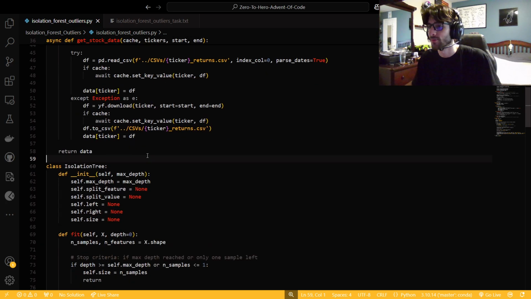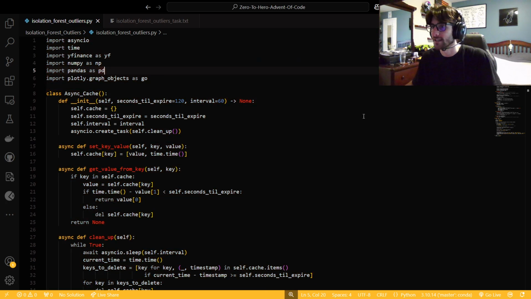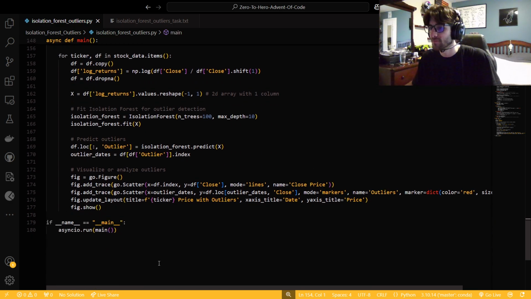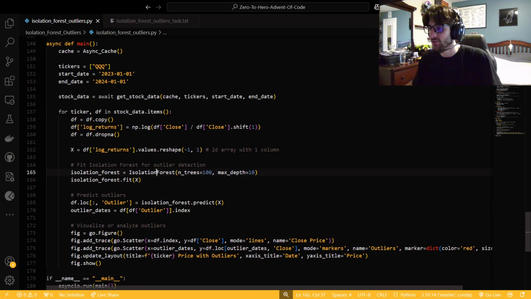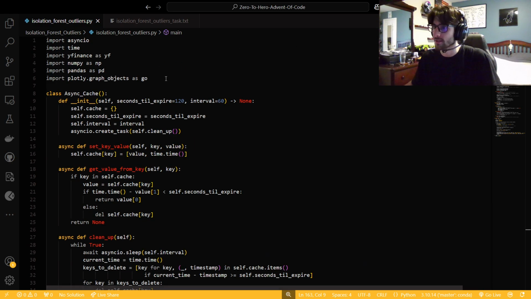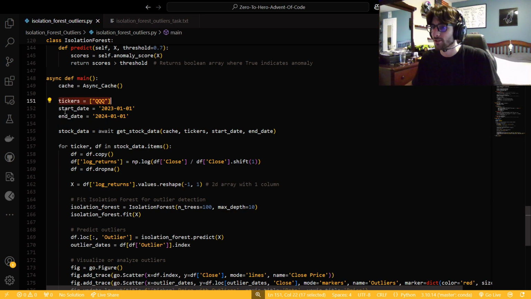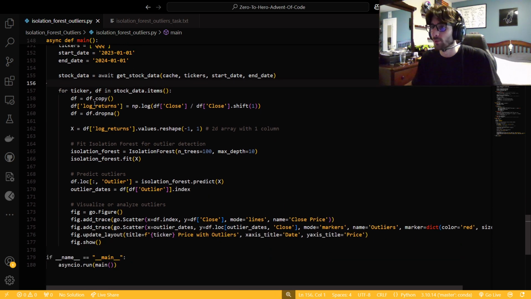Simple enough. So we still have just the cache in our get data. Now let's get into our main, and then we're going to see where we go from there, and then we're going to get into what the isolation forest is actually doing. Just so you guys can see, I'm not importing it. So we're just going to do it on queues, with start and end dates, and get our stock data. Good stuff. Now for every ticker and data frame in there, we're going to copy it